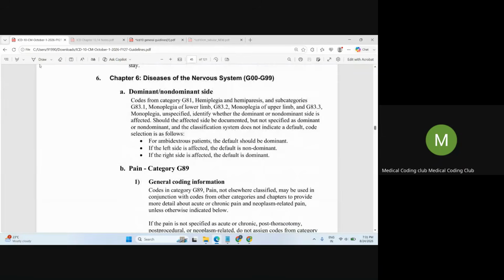Okay, here. In our question, the doctor said the patient is affected on the right side of the body, but he did not say whether the right side was dominant or non-dominant for the person. He did not tell that information. So I will apply my default coding rules. Right side affected means you will take the default as